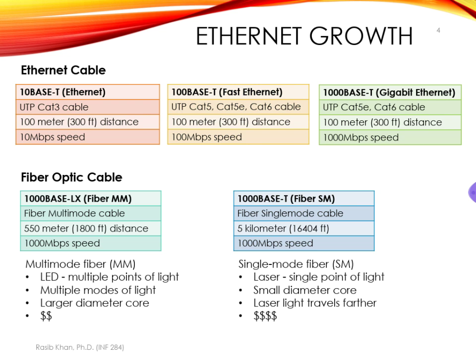On the other hand, similar technology for cable connection, the fiber optics. There are two different versions, 10 base LX and 1000 base LX and 1000 base T. The two versions are different with respect to the way they transfer light. So the multimode fiber, which is 1000 base LX, is considerably cheaper with a larger diameter of the fiber optic cables. And the reason why they have this is because it uses